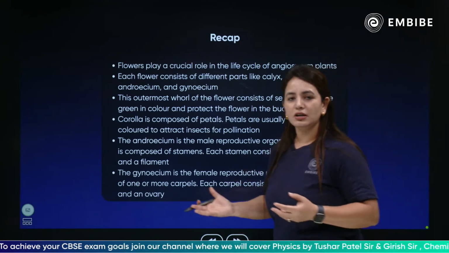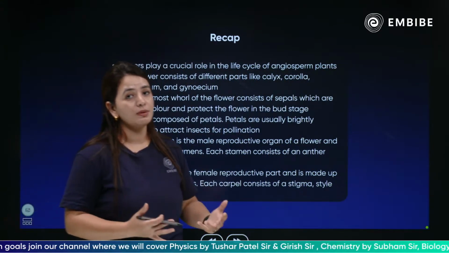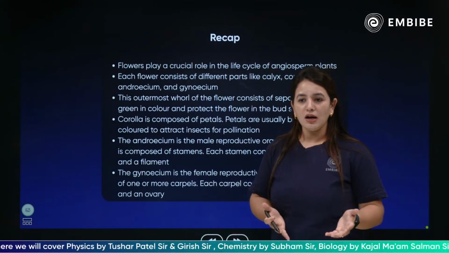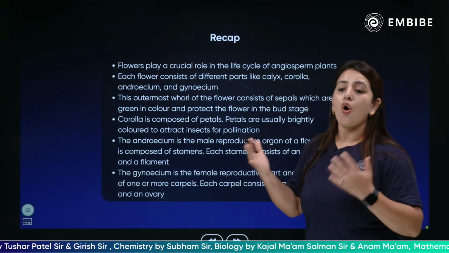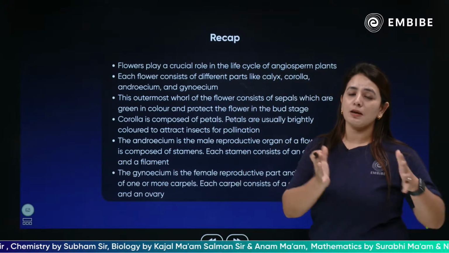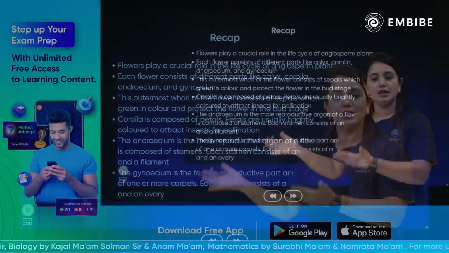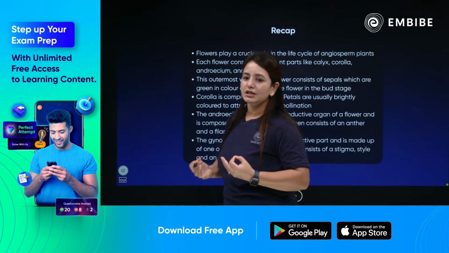There is a male reproductive part called the androecium, and a female reproductive part called the gynoecium. There are also accessory elements, the calyx, corolla, and bracts, which are also part of the flower and assist in reproduction, yet they are not directly involved in the process of reproduction. Okay, so the corolla, which is a single unit, is made of petals.